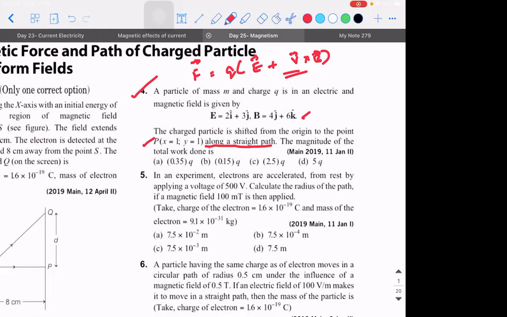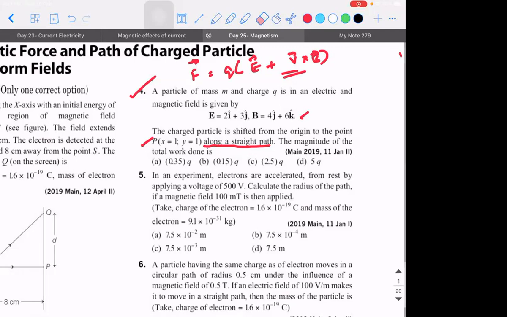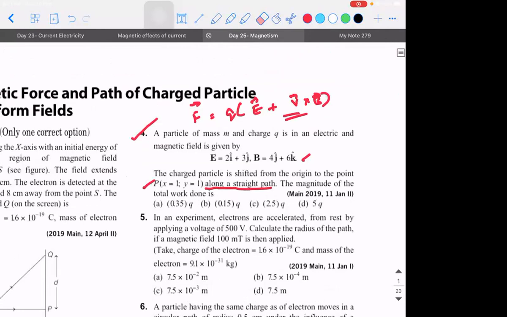Sir, is it related to helical path? No sir, like helical path, it won't be related to straight. Where does a helical path come? It is only in the case of magnetic field when the angle is other than 0, 180 or 90. Here he is directly saying straight line. The charged particle is shifted from origin to a point along a straight line path. So what can you speak about the magnetic field is my question, because they didn't give any velocity here. So I'm assuming the particle is moved from one point to another.